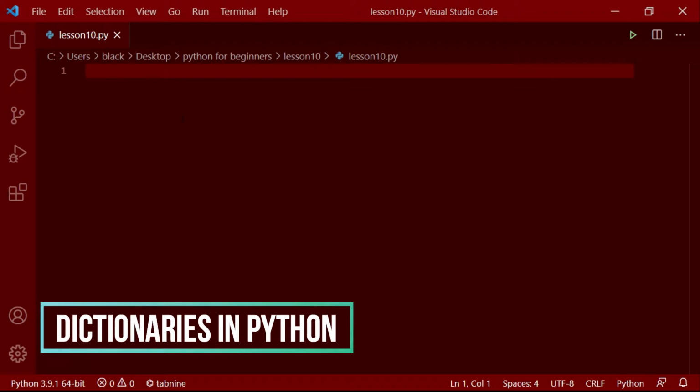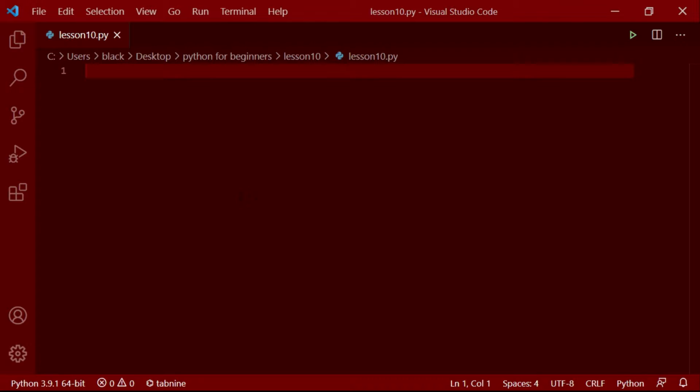First, let's see what is a dictionary in Python. Basically, a dictionary is a collection of keys and value pairs. Let's say we have a dictionary called books, which contains the ID number and the name of the book. We declare a dictionary inside curly brackets. There is also a data type called sets, which is also in curly brackets. But in a dictionary, we have two values. The first one is the key and the second one is the real value.